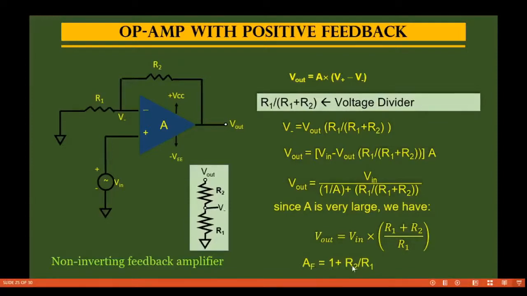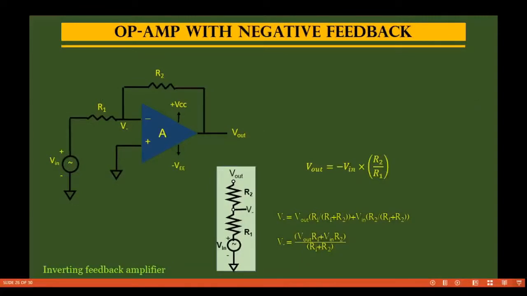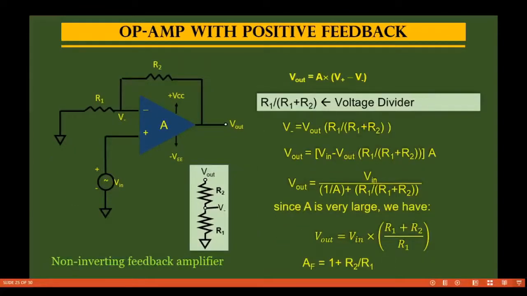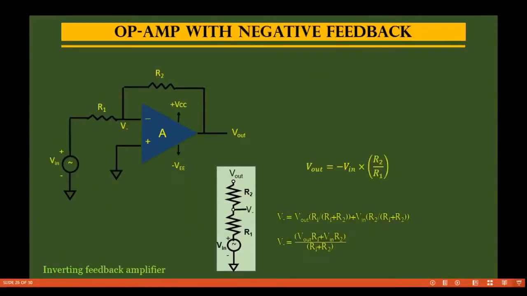So this is defined; you can set the value of the feedback network by setting the value of these resistances, right? So by setting this value, we can control the gain of the system in the non-inverting feedback amplifier. Now in case of the inverting feedback amplifier,